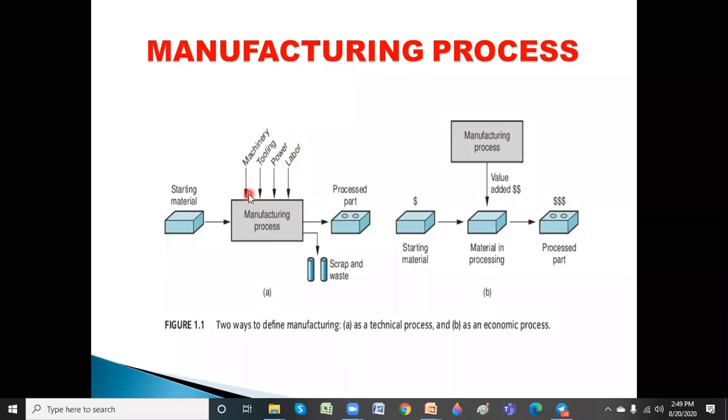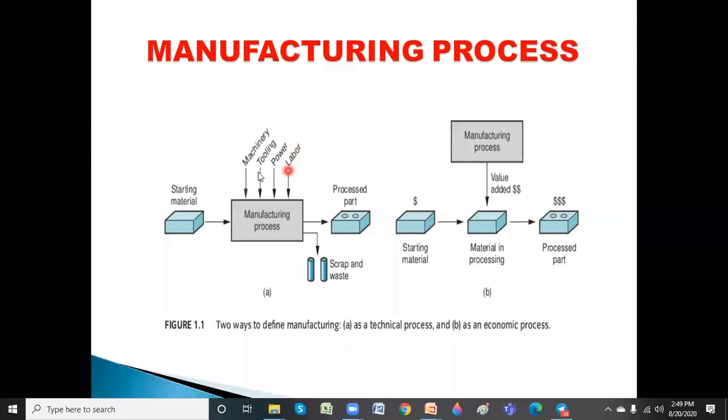One is machinery. For example, if I am performing a machining process using a lathe, obviously the lathe is the machine. And what is tooling? You must have some tool to cut that material. That's your tooling. The machine doesn't run on its own, so I need power to run that machinery. And finally I need a person, a human intervention, to operate that machine.